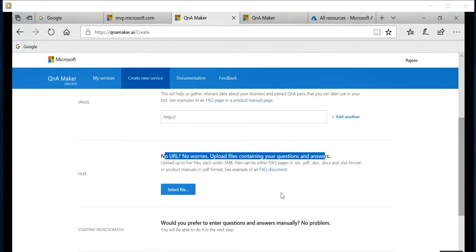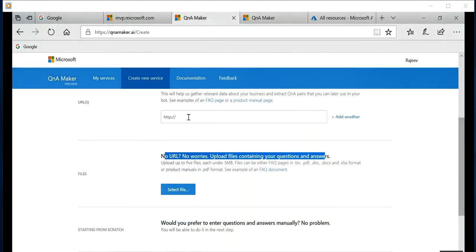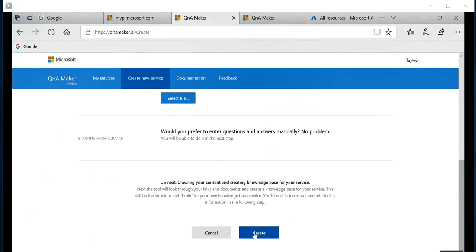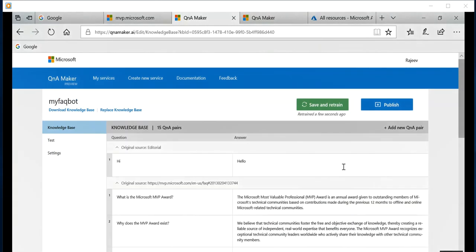In case you don't have a URL, you can also upload your text file, Excel sheet, or PDF files. So we have found this. Let's upload this MVP QnA FAQ page, and then you can configure this particular part. You can create this. Once this is done,